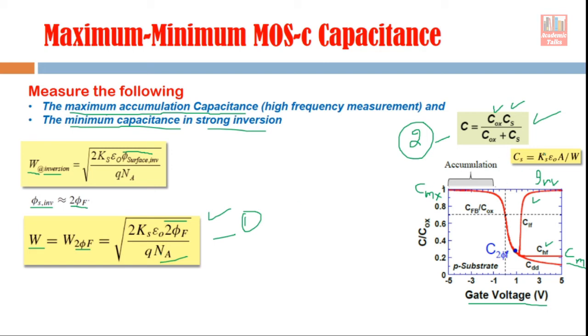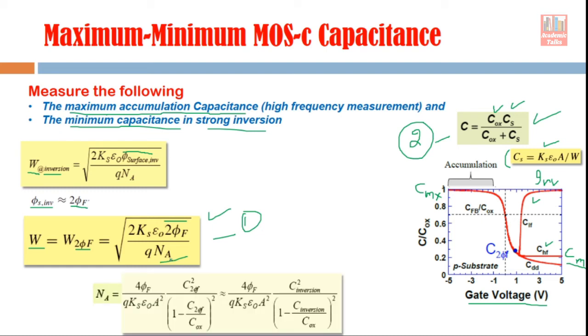See, from this equation you put the value of CS here. Once you enter CS in this equation, here you have C, the total capacitance, the oxide capacitance, and W is also there. Now from here you can take out W and put this W here, and then you solve this equation again and take out N. So whatever you get finally is mentioned here. NA will be given by these parameters. The equation of NA is from here to here. This is the equation of N.